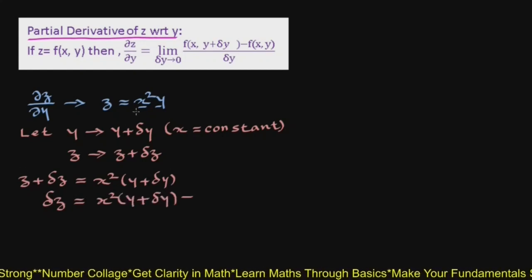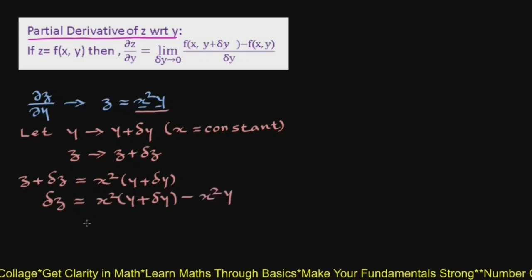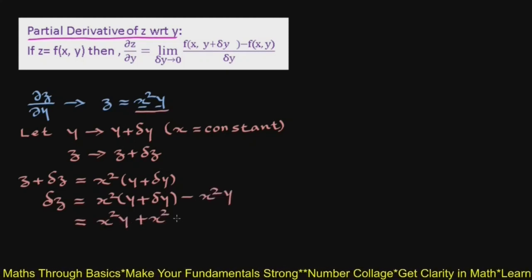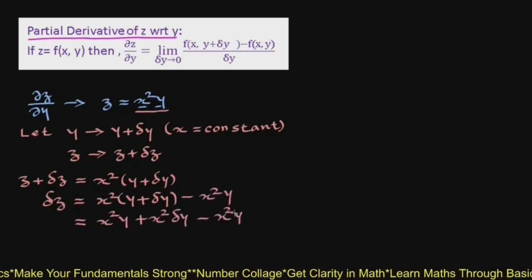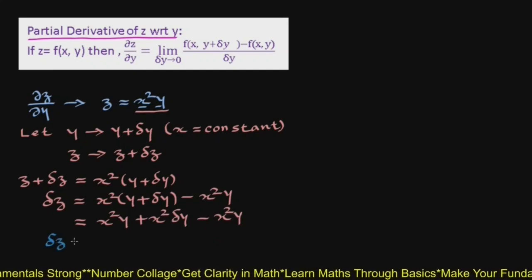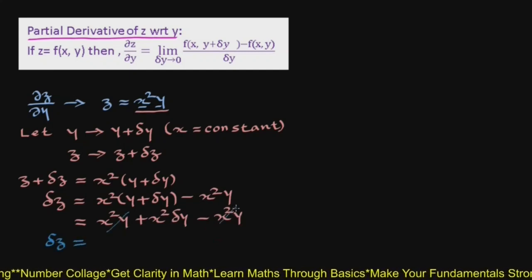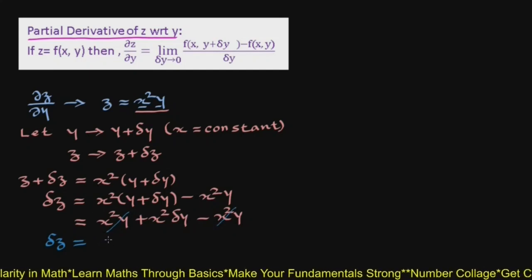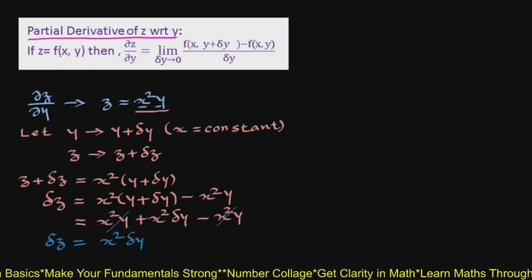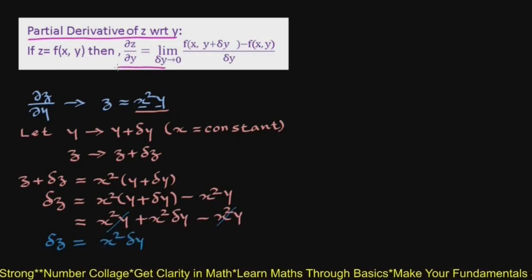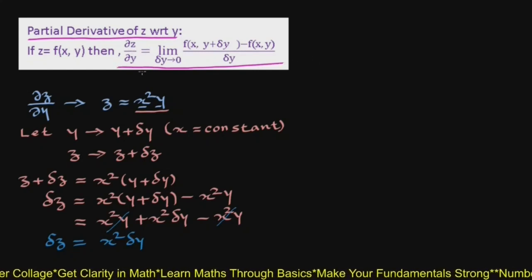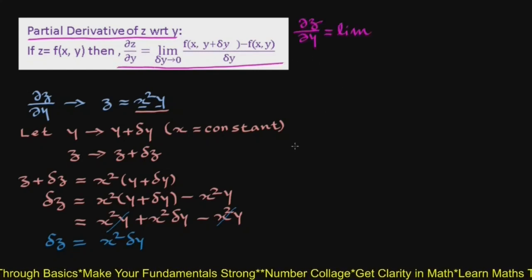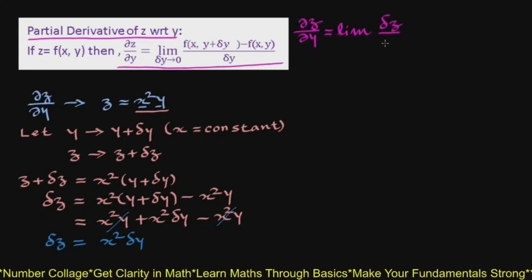So Δz will be x² into (y + Δy) minus this z, but z is x² y. This will be x² y + x² Δy − x² y. So Δz equals x² y − x² y, which is 0, so it will be x² Δy. Now using this definition of partial derivatives, ∂z/∂y equals the limit of Δz upon Δy